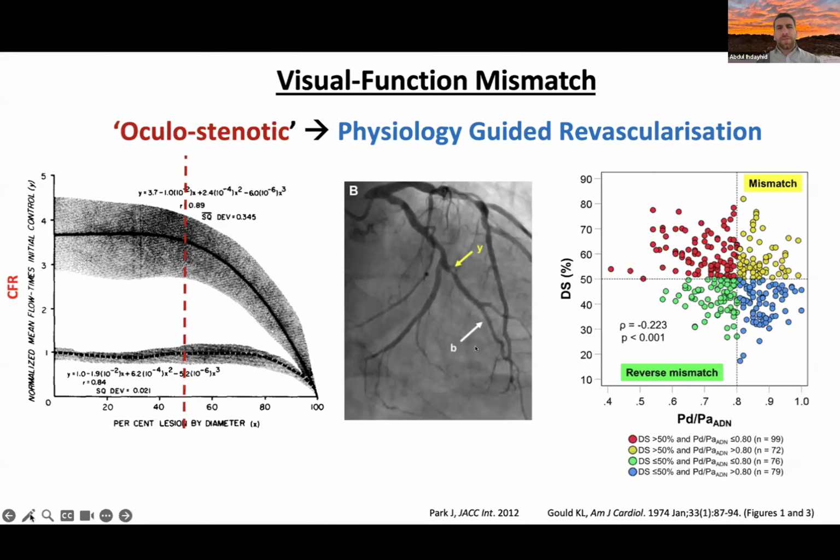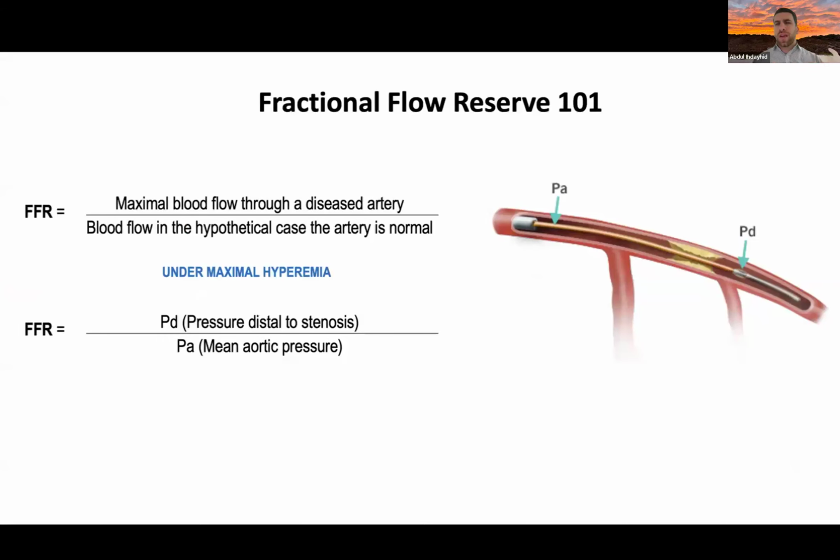Now, that really formed the basis for a lot of what we do in cardiology: if you have a significant narrowing, then it should be fixed because you're impairing blood flow. But we've increasingly understood that what visually looks severe might not actually be severe in terms of a reduction in blood flow. And so we needed a tool to understand that relationship between the anatomy and blood flow. And that was where fractional flow reserve came in, which